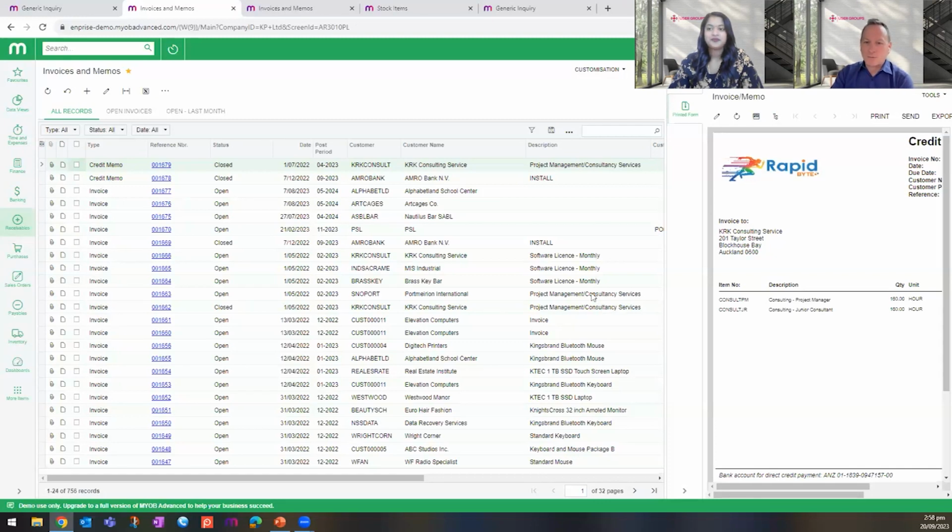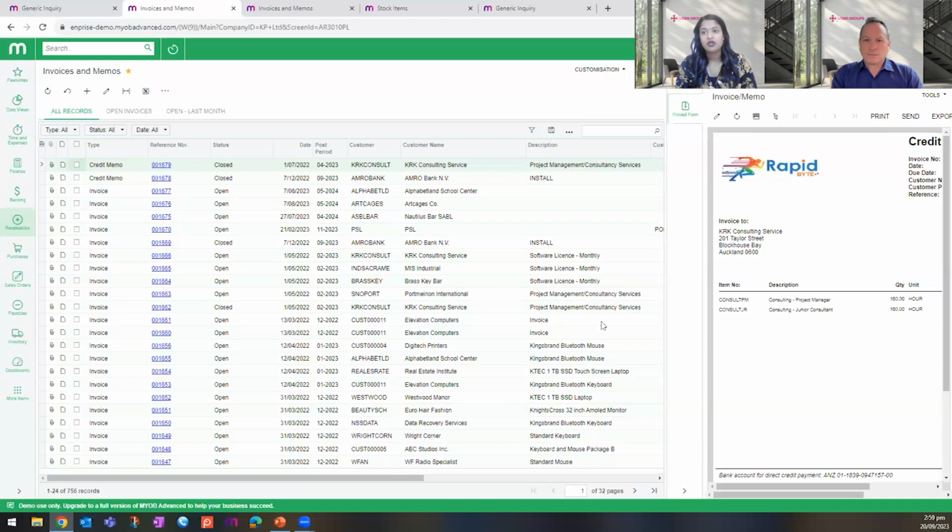I don't seem to have the option of customization within generic inquiries. Is this a setup issue? Do you want to talk to those permissions, Kimeya? Yeah, sure. So that can be another thing. It could be your license. So your license has restrictions on customizing reports or generic inquiries, and it just depends on the role as well